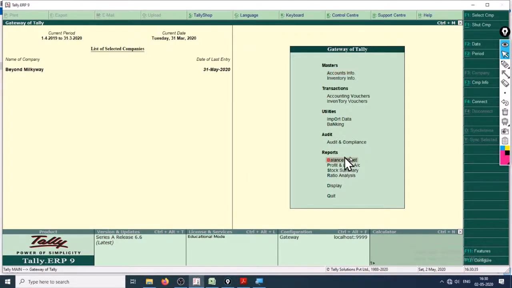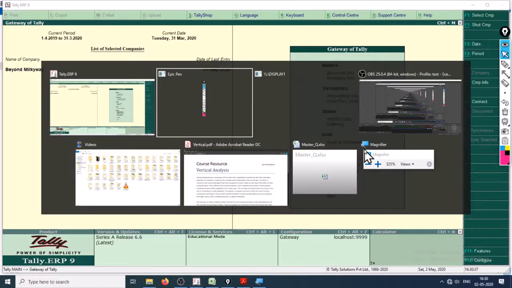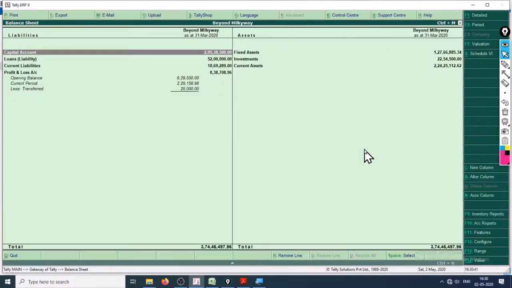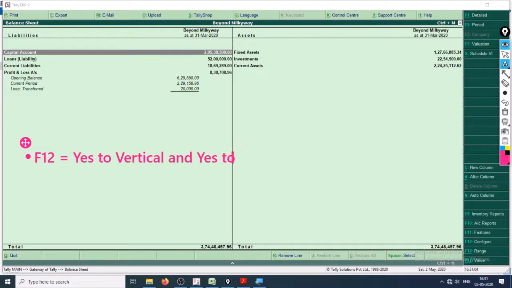And yeah, let's go right here, that is, open the balance sheet, and how to make it vertical. Alt A, okay, Alt F12, yes to vertical, and yes to percentage.